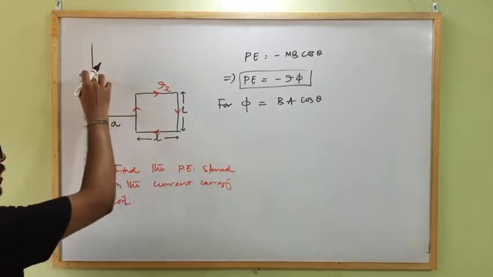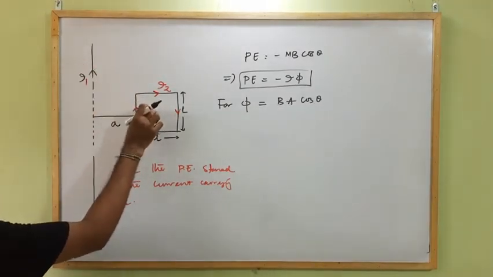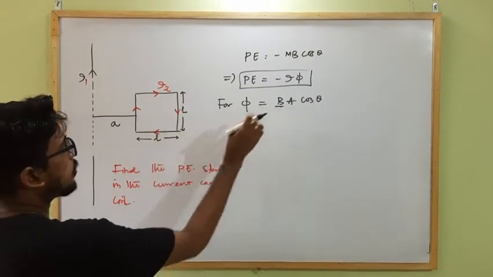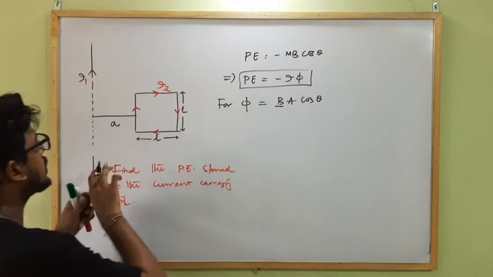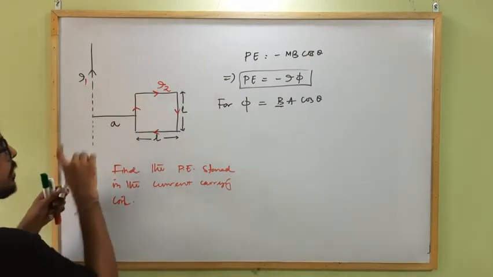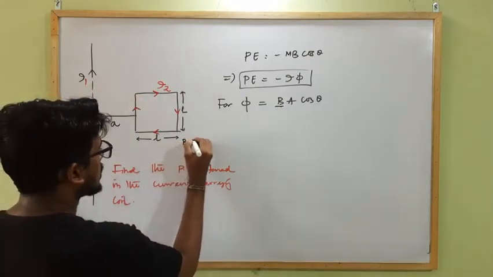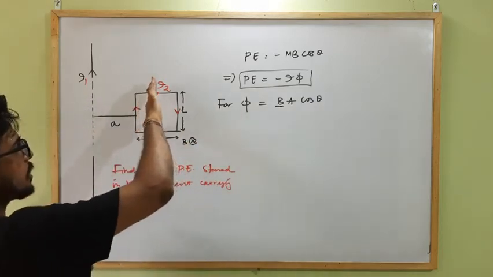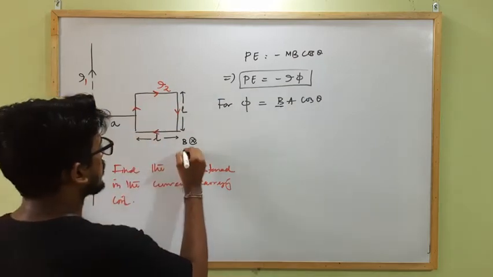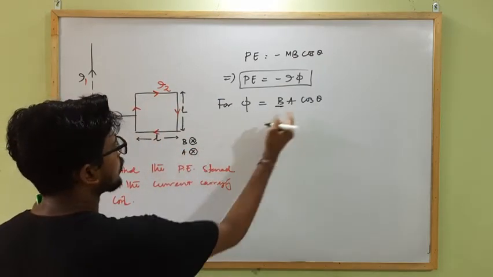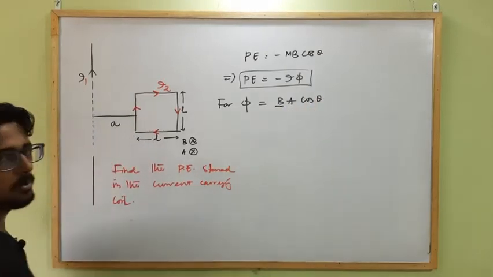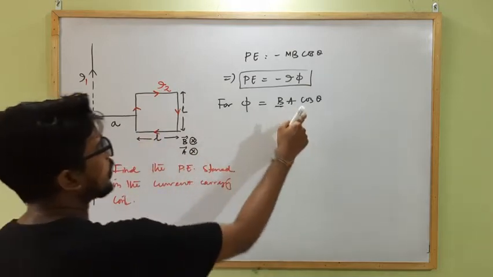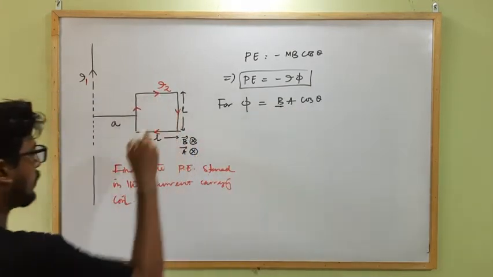What is B? B is due to the external current carrying conductor here, but here the magnetic field B is varying from place to place. So first of all we have to calculate B, and B here is for the infinite long straight current carrying conductor, into the plane. So here B is into the plane, and what is the area vector? If I am considering the direction of current, the area vector is also into the plane. So theta will be 0. Clear? This is the magnetic field strength, this is the area vector, both are here into the plane, so theta will be 0.